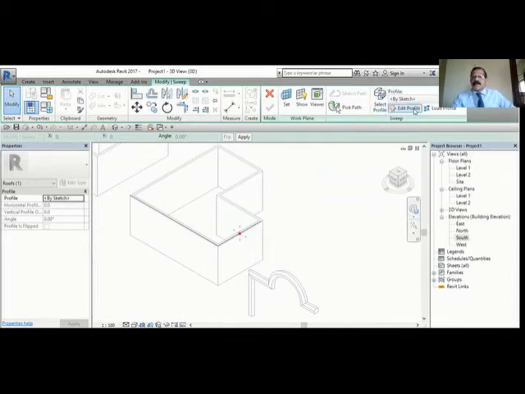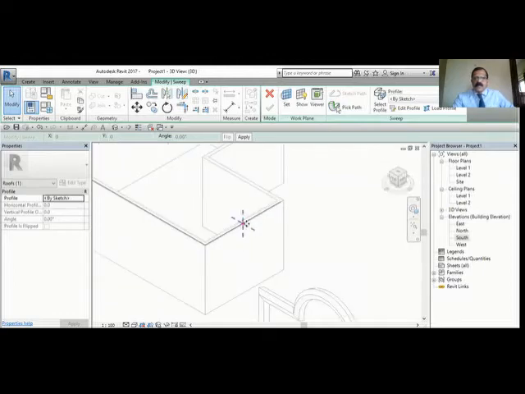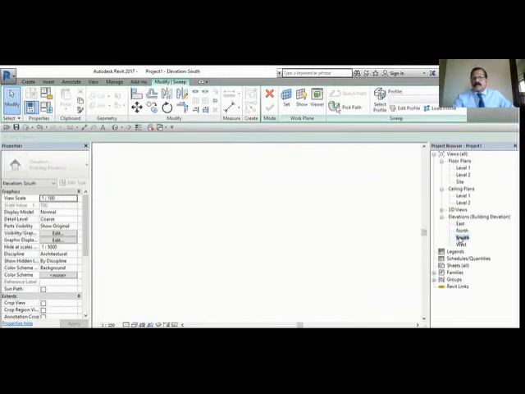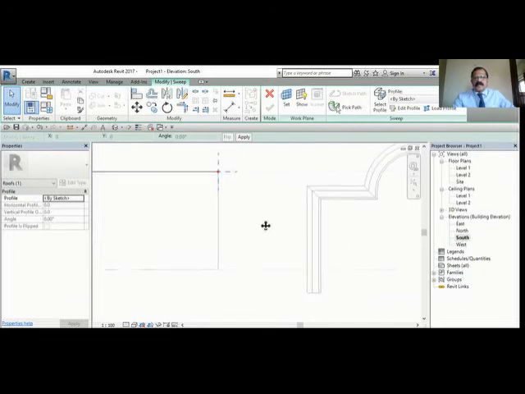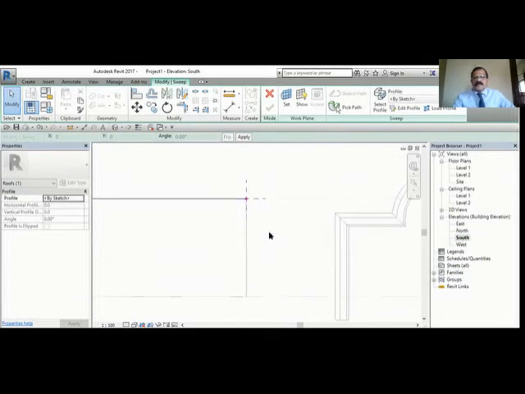So once you finish path, you are ready to draw the edit profile. So this is the edit profile. I can either draw from here itself, or I can go to the, you see here, this is in the front. If I click here, this goes to the front. I'll just click in the front, or I can draw from here itself. I can draw, but drawing that cross section is a little difficult unless you are parallel to this. Or you can go to south. You can see here south. Now we can easily draw the cross section.